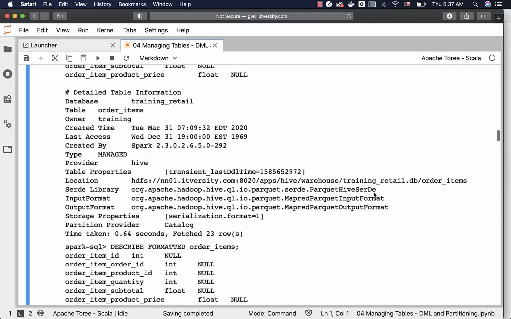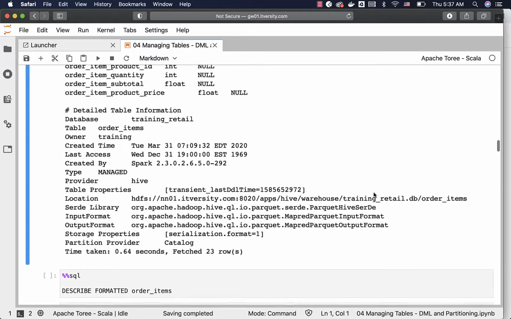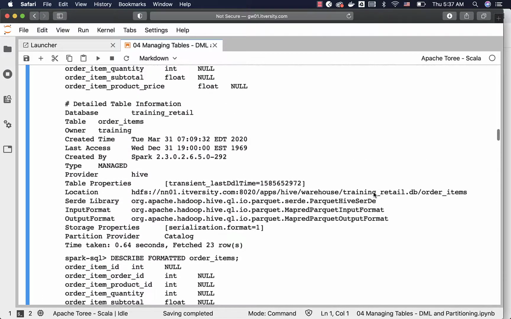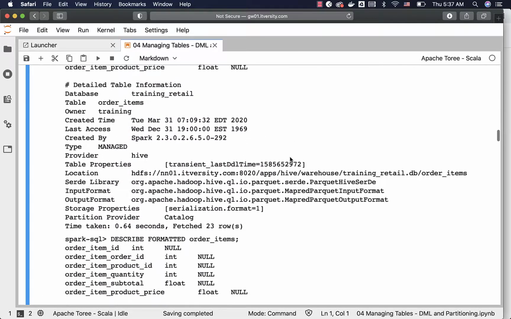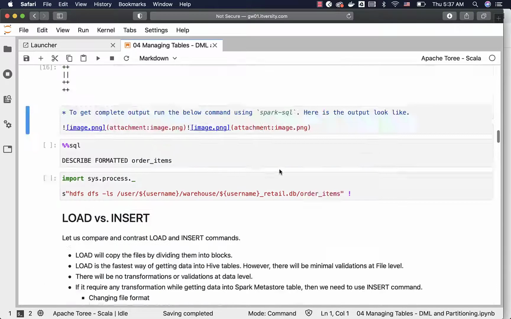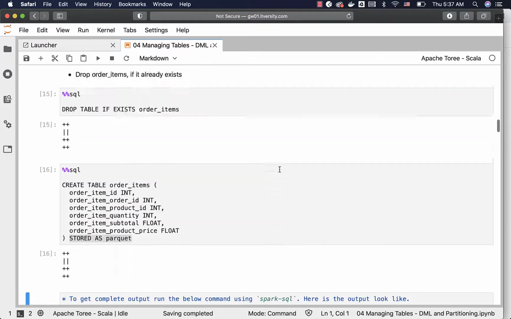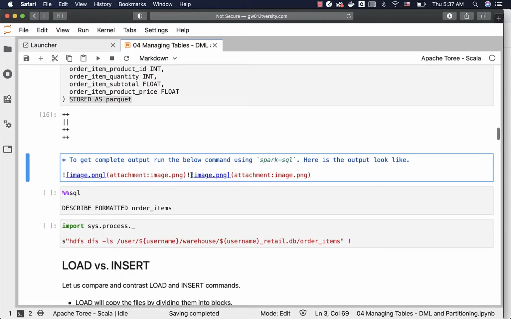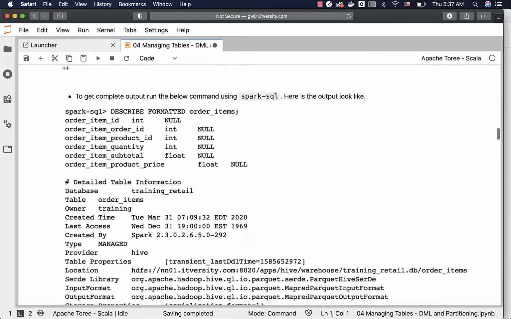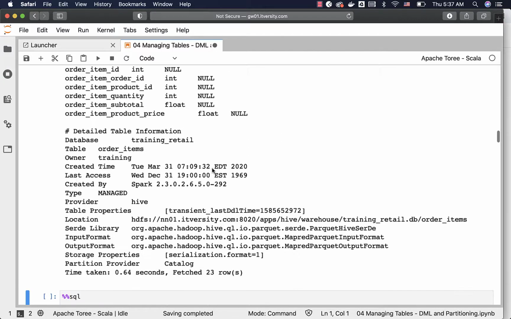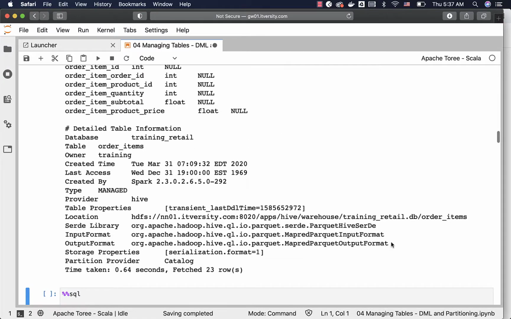That being said, now let me scroll down here. I don't know why I have run it twice and I copied the screenshot here. It might be a mistake. Let me see if I can fix it. Okay, it is specified twice, that's why you are seeing it twice. Now let me run this, and now you can see it only once. And you can see that the input format at the bottom is mapred Parquet input format and the output format is mapred